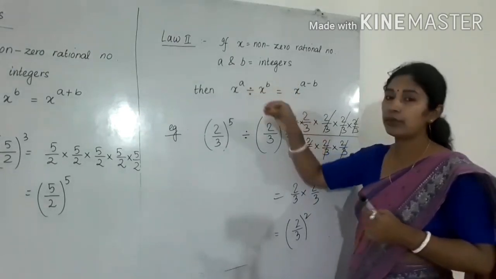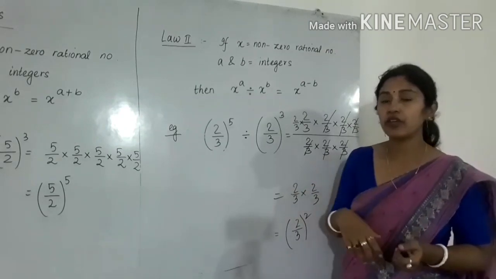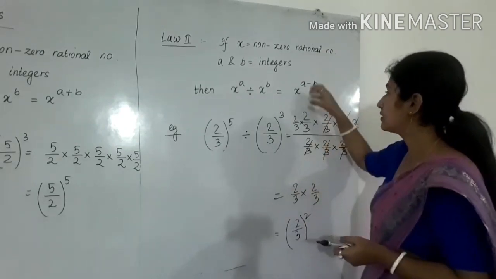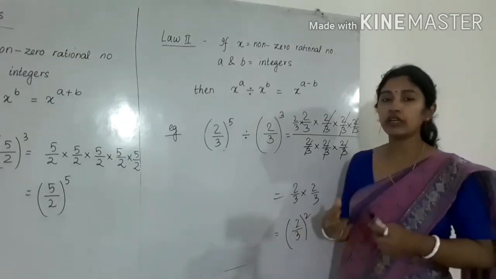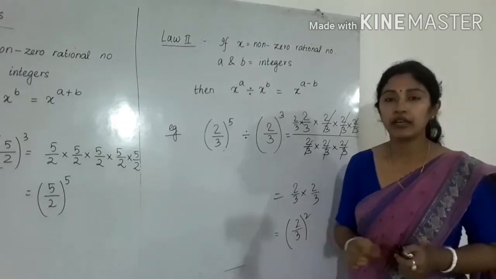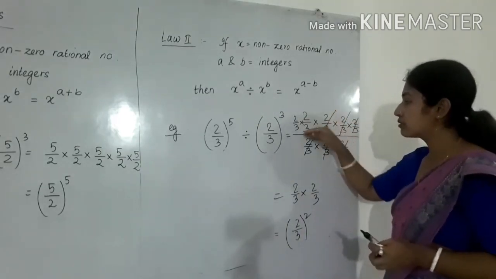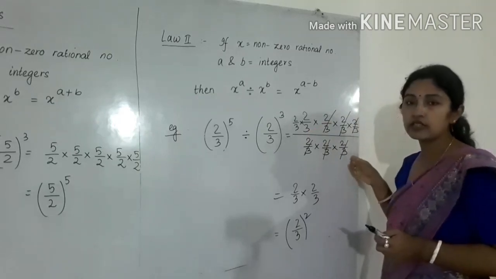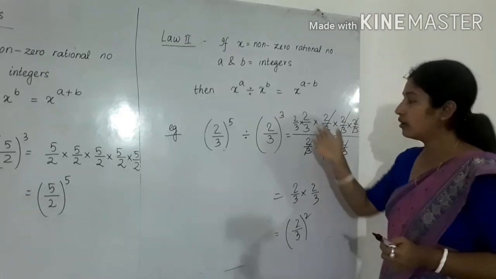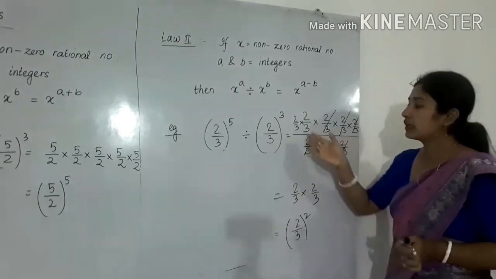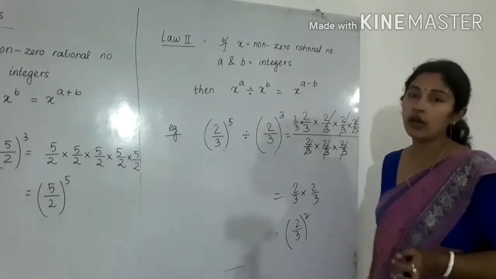Also you can remember it by using the division. See, in division what happened? In case of division, we will get the answer smaller than the previous one. So here the answer will be what? Smaller. So 2 by 3 to the power 2, and when it gets smaller, then we will do minus. So here the factor becomes less because it gets cancelled. That's why the remaining terms are less than the previous terms. So in case of division, you have to write subtraction in power.